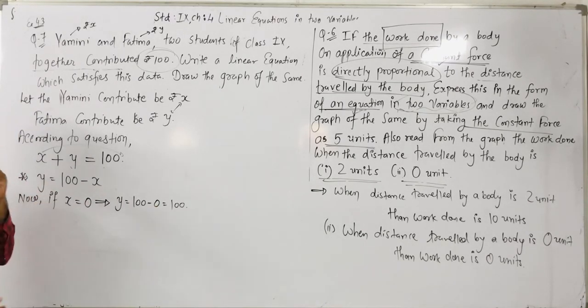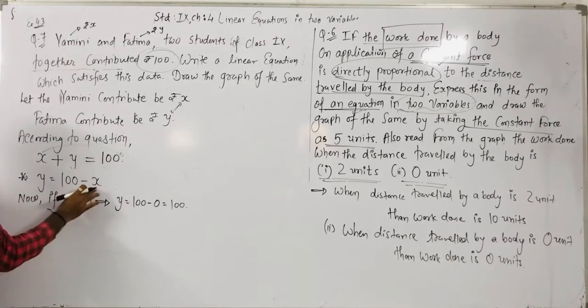Here a 3-digit number is given. Okay, so we should not take x equal to 1 and 2. Why? Because we get a large difference between the x coordinate and the y coordinate. So whenever we put it in a graph, it becomes a long graph. So in place of that, we have to take another 2-digit number.